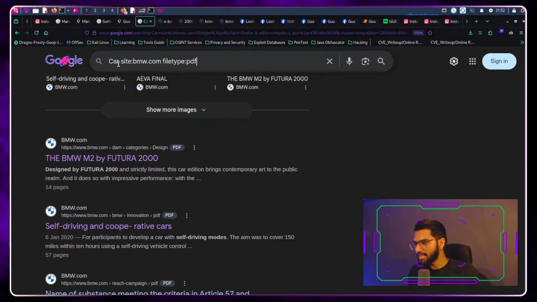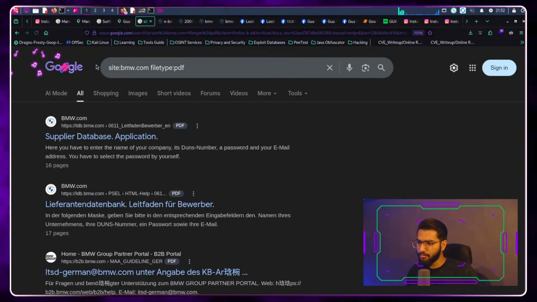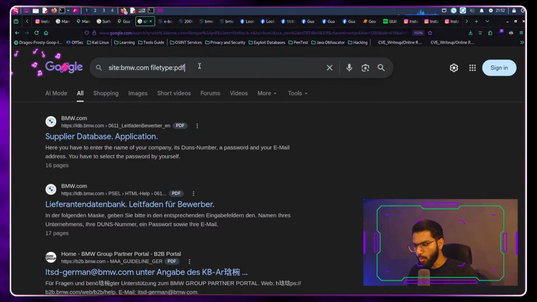There we can say site bmw.com and see if there are any PDF file types being hosted or available on the internet that anyone can find. If you sit for a while and gather all that information, you might be able to get some sensitive PDF files, or go very specific.